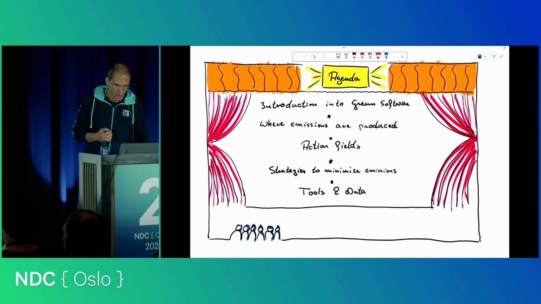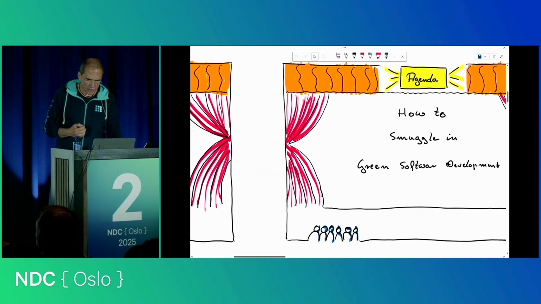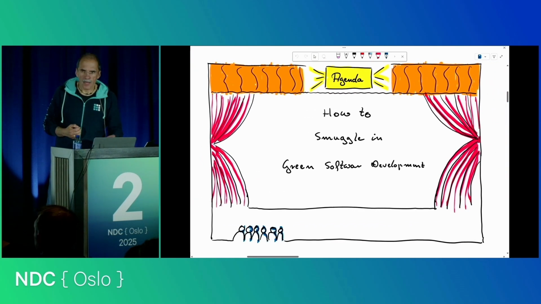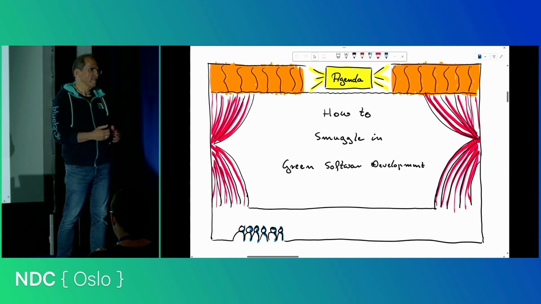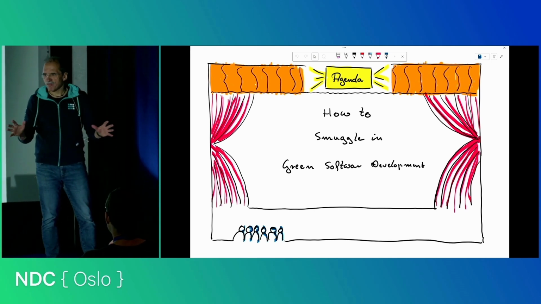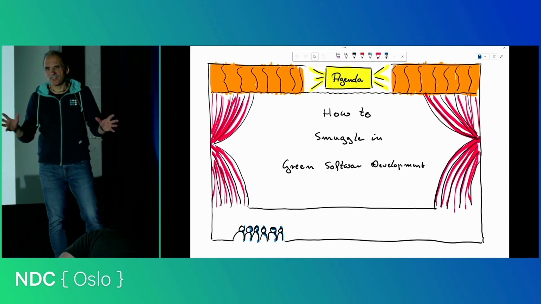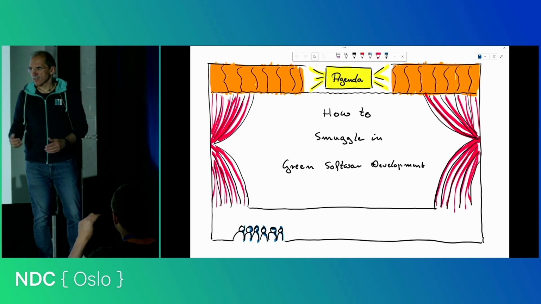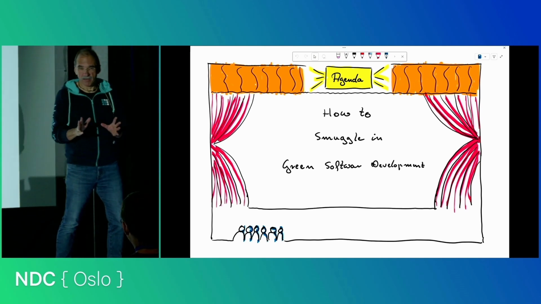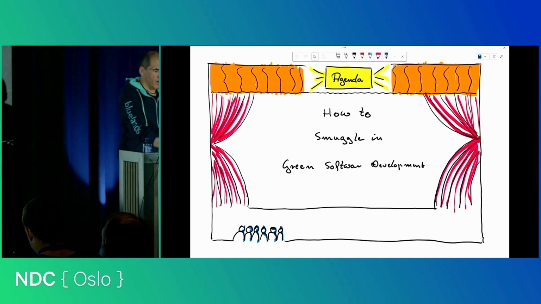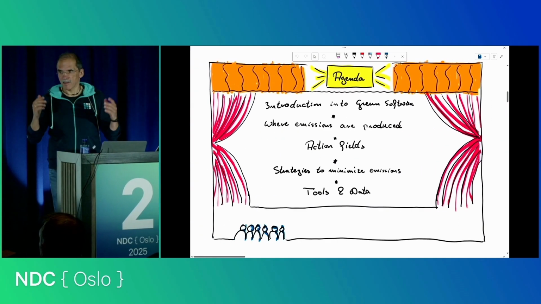But, you know, there is also a hidden agenda. It's more about how you can smuggle what you see in this talk today into your daily work and business. So this is the real agenda. And the other stuff is, okay, like a kind of pattern.